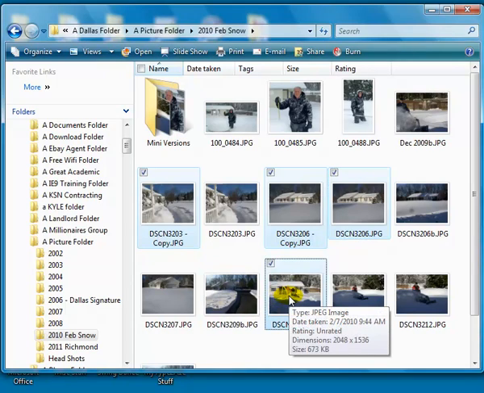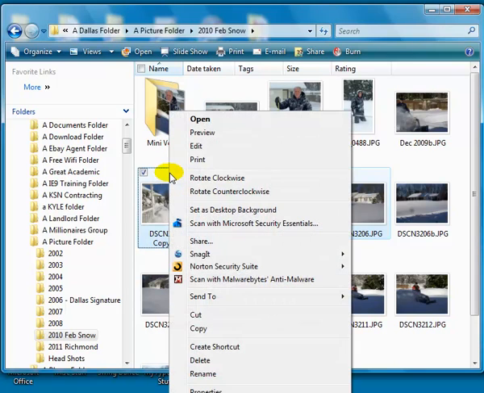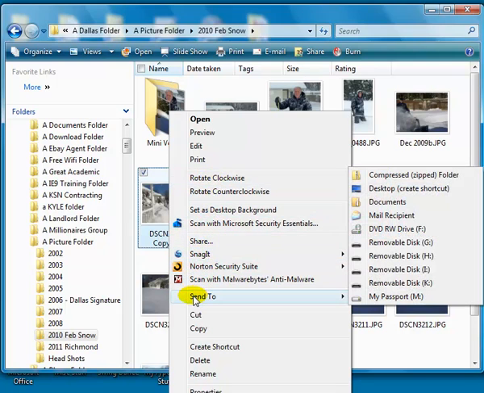Now I'm going to let go of the control key, and on any picture that I have selected, and you'll notice they are highlighted and they also have a checkbox, these are the ones that are going to get selected, I'm simply going to right mouse on any one of these pictures, and up comes a dialog box, and I am looking for something called Send To. If I hover on Send To, this little arrow means there are more options, and I want to send to a mail recipient. That's where I want these pictures to go. So I'm going to click Mail Recipient,